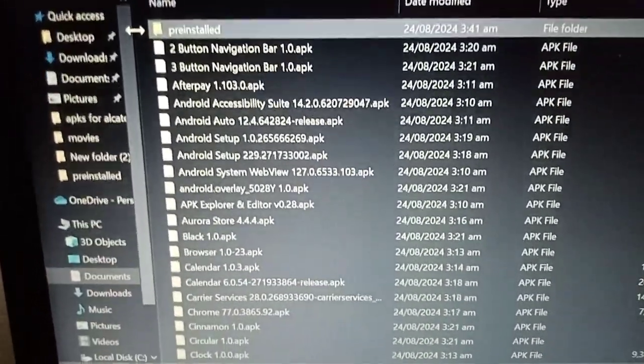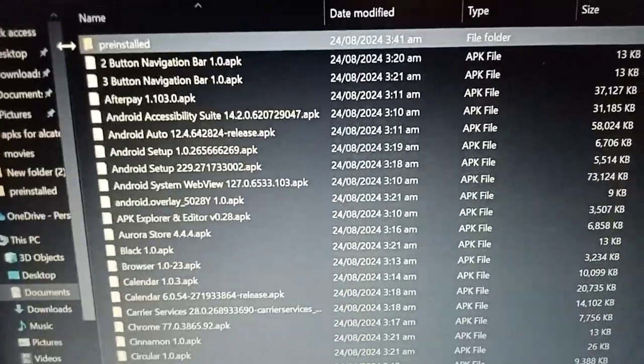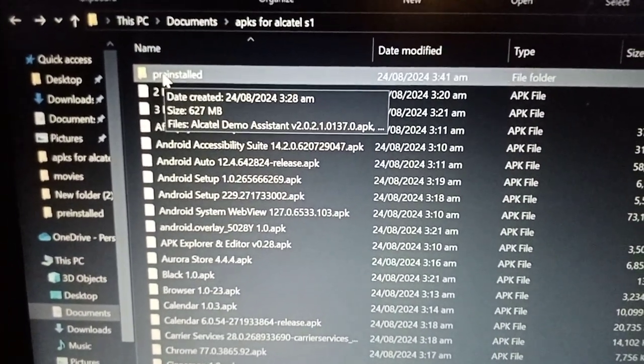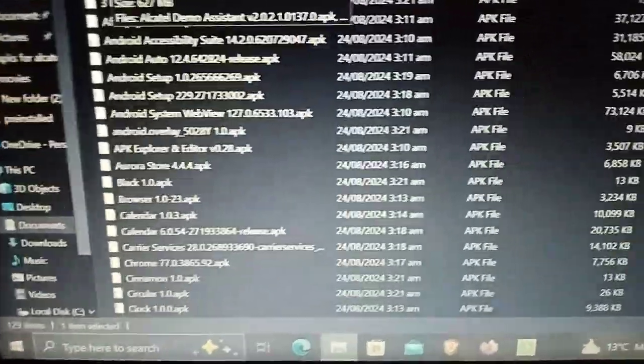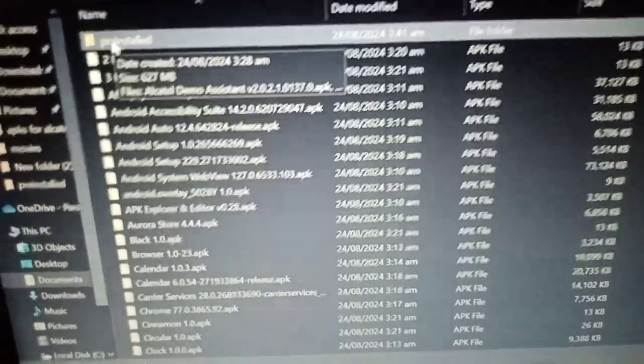Just quickly here, you'll see these are all the apps that were just taken off using my Phone Explorer. And these ones here are the ones that were pre-installed into the phone. I just wanted to show you what I've meant in the past. Sometimes it's better just to blank your phone. Of course, do what I'm doing with the Phone Explorer if you want to save certain apps